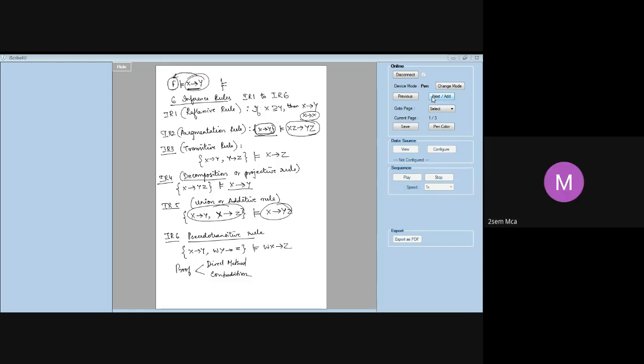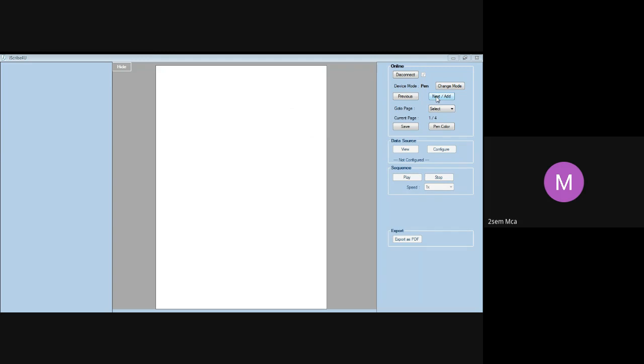So we'll try to prove some of them here. All the 6 rules, how do we prove it? First one, reflexive rule, augmentation rule, transitive. You have to remember all these rules. The question can appear in any way. They may ask you to prove all these inference rules, they may ask you to state them. It can be anything. Let's try to prove some of them. Let me go to the next one. So, proof.